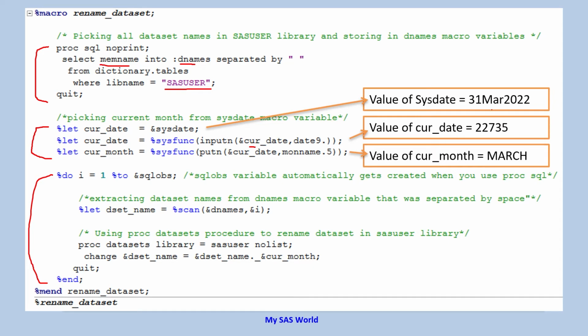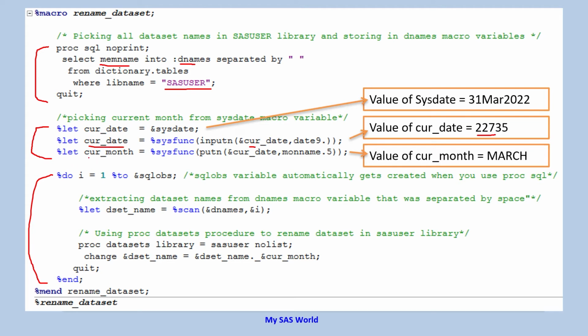In cur date we have 31st March 2022, so we are telling SAS to read it this way: this is a date9 value. When we give that statement, it will convert it into a date. I think we all know that SAS dates are the number of days from 1st January 1960. So 31st March 2022 is 22,735 days from 1st January 1960, and this value will now get assigned into the cur_date variable.